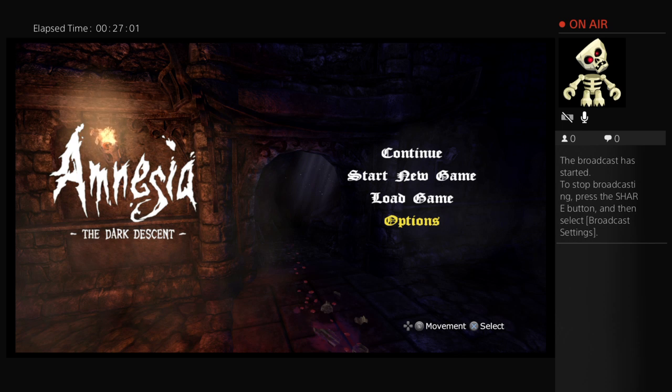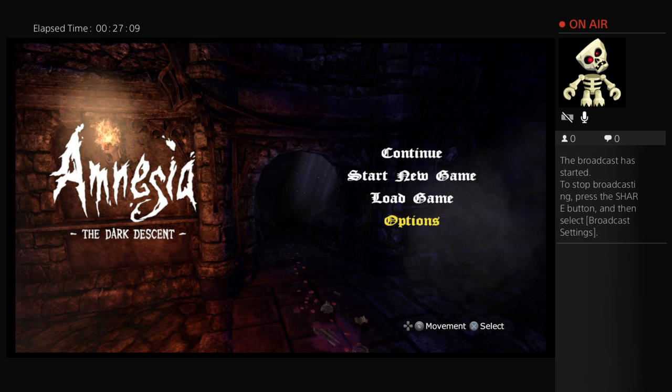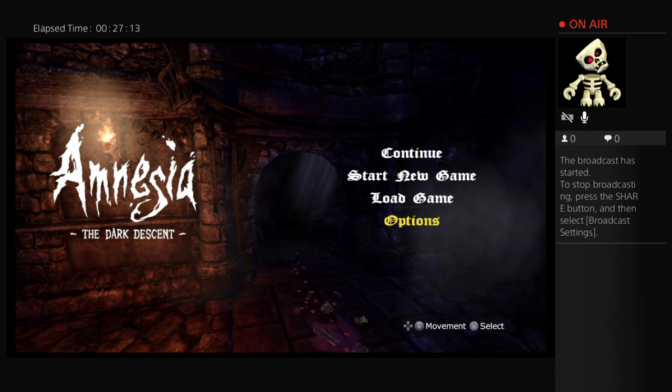The developers probably expected players to go through it sequentially: go into Amnesia: The Dark Descent, beat that, and then go into Justine, beat that, and then go into Machine for Pigs, which is essentially Amnesia's... I don't want to call it a sequel because it's set in...